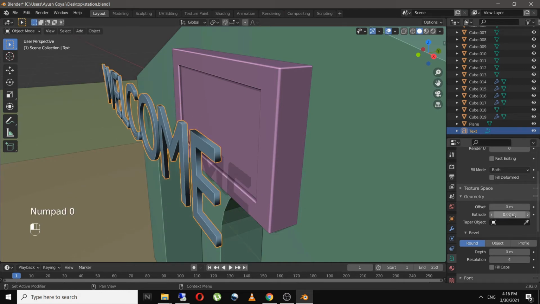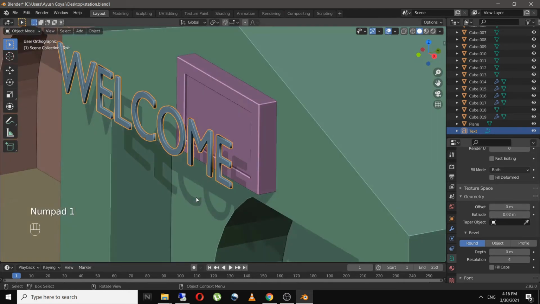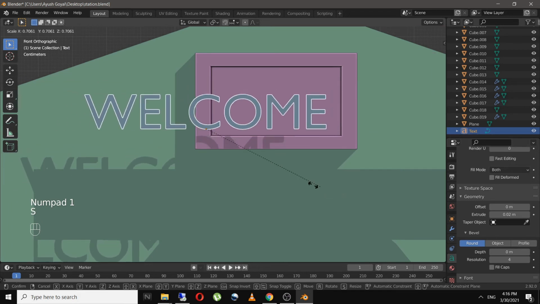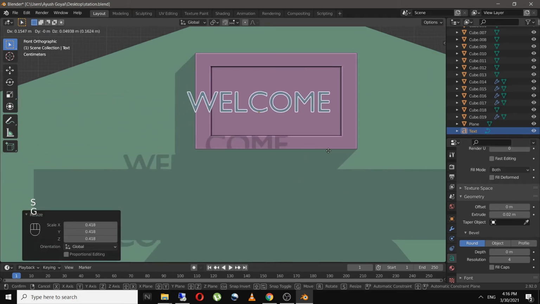I'll change the extrude value to 0.02 and scale it down and place it over here.